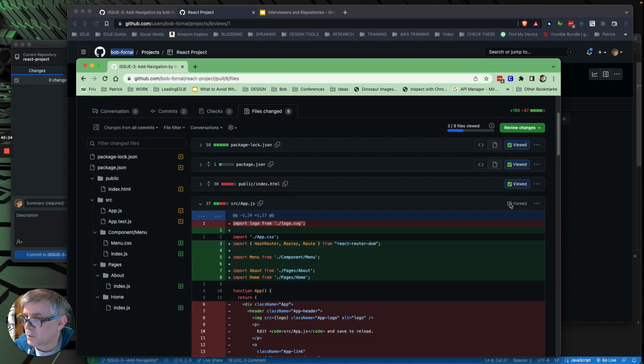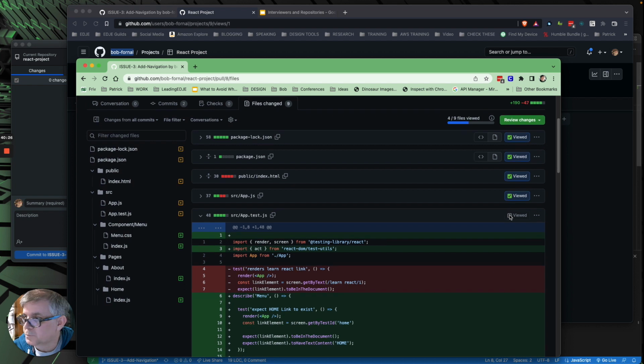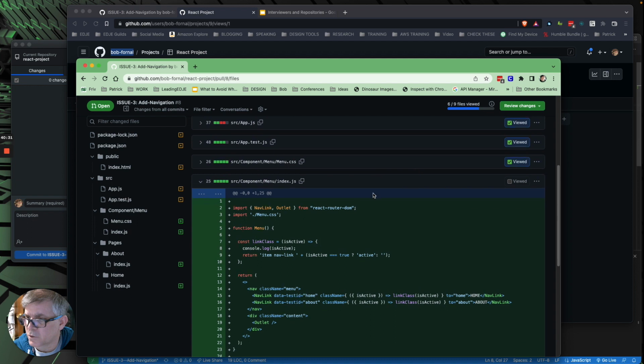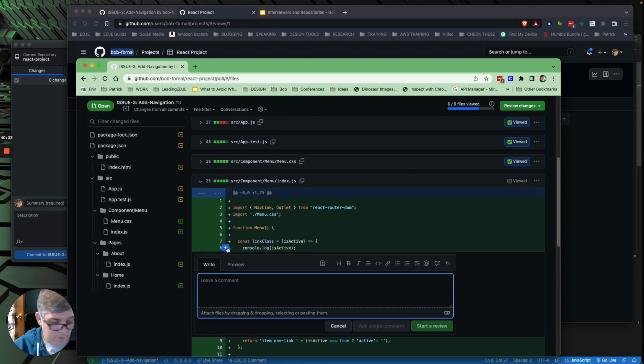And I'm looking through, and I'm going to be a little more careful than I was last time, because, you know, I want to make sure Bob's writing good code. I said, oh, look, we should remove this console log for readability. And I usually put something in as to why.